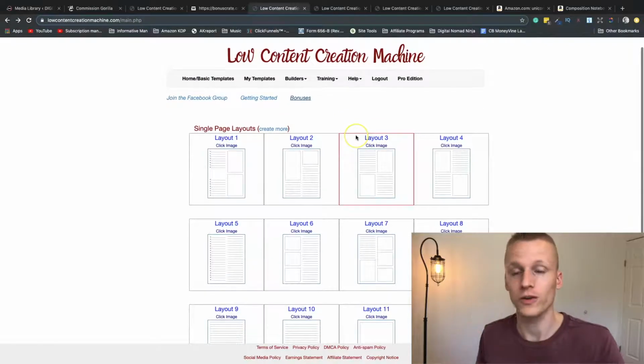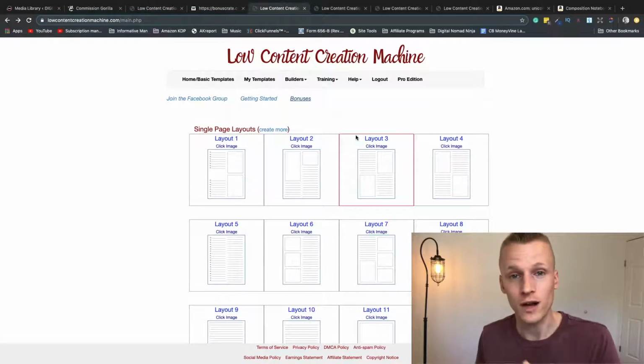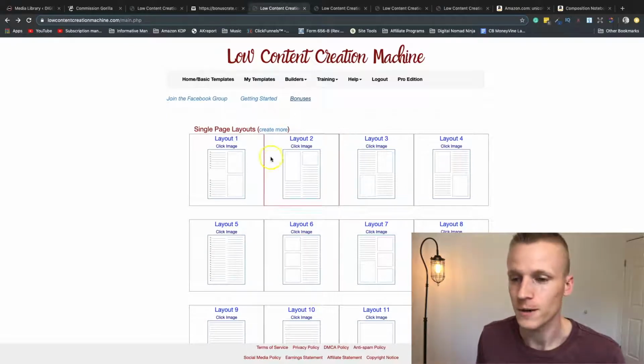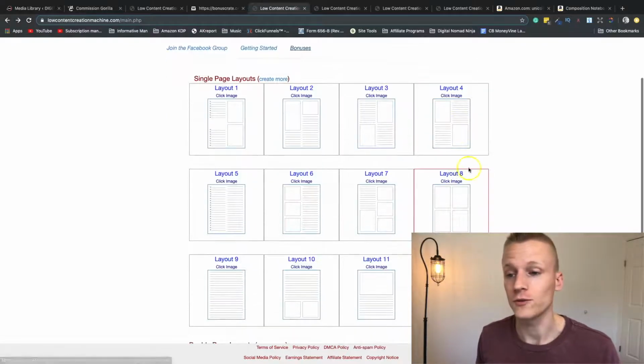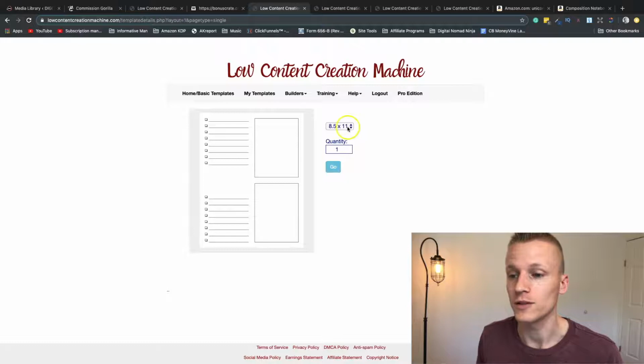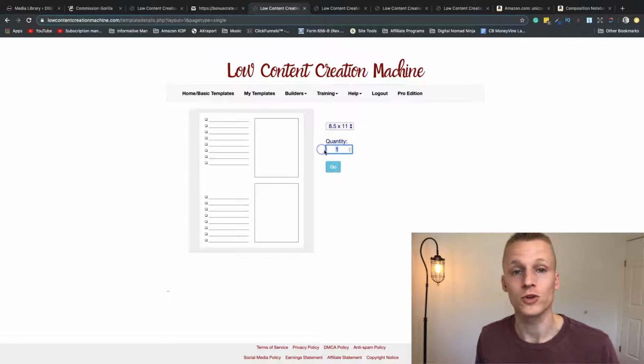So he's going to go over creating the covers, but I also have you covered in my bonuses on how to create those exteriors. These are all of the custom done for you layouts that he's already built for you, and all you have to do is click on them. So we'll just do this. We'll click, and then you choose your size. So if you want a 6x9 or an 8.5x11, you choose your size, and then you choose your quantity. So this is how many pages you want. So I would go with like 120. I would hit go, and then it would download that template for me,